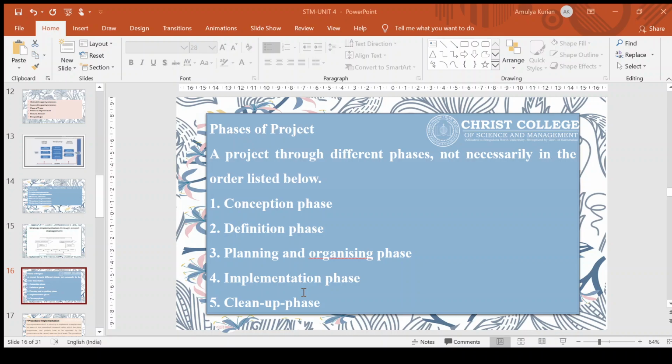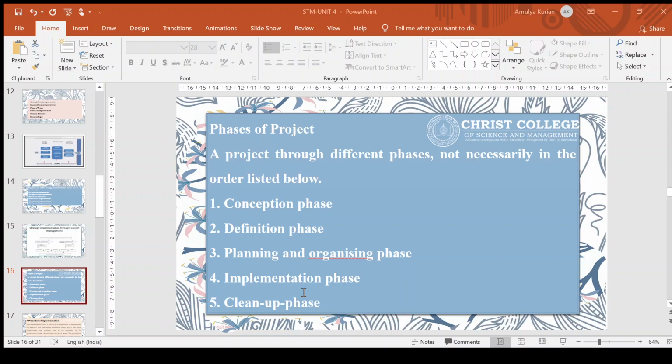In the definition phase, after we identify a set of projects, we will be prioritizing them based on certain preliminary project analysis. After this analysis is done, we will be checking whether the financial institutions will be giving financial help, and whether it is feasible for the project to be conducted. So in-depth feasibility studies will be conducted, and detailed reports will be generated in the definition phase. After the project definition phase, the project is cleared for implementation.